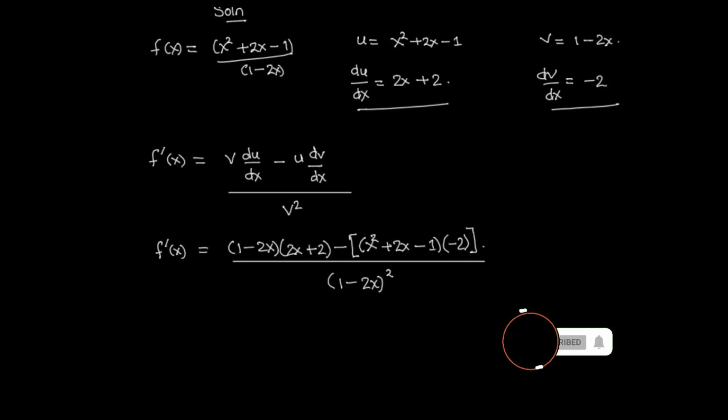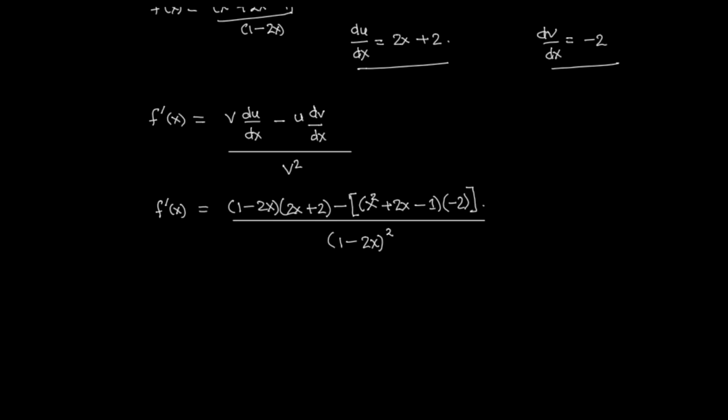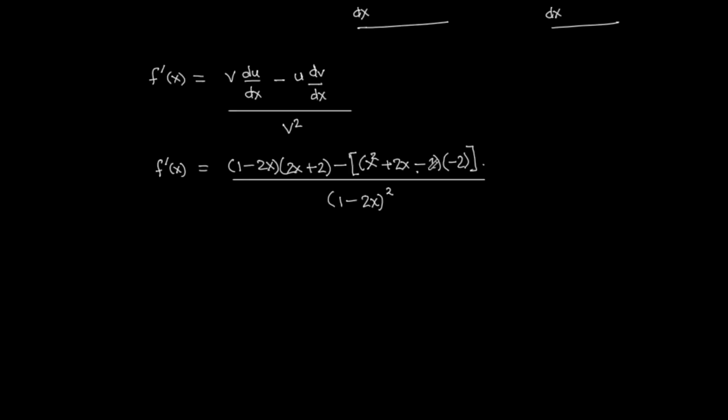This is great, and let's move on to simplify. So we first need to tackle the bracket here. Maybe at the same time we can also open these two brackets. So our derivative f prime x is going to be 1 times 2x, we get 2x. 1 times 2, we get 2, and then negative